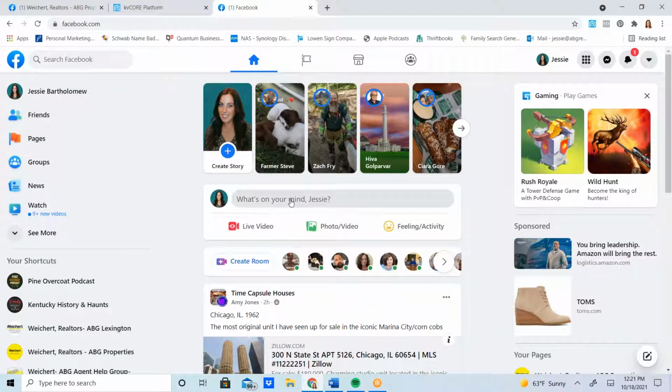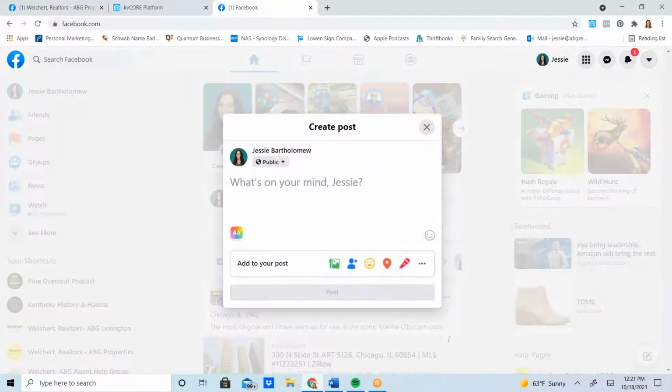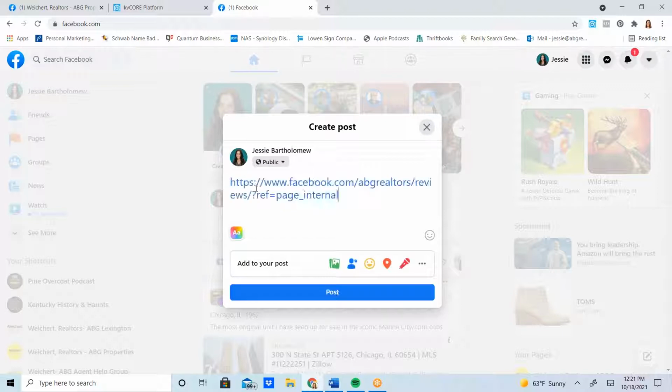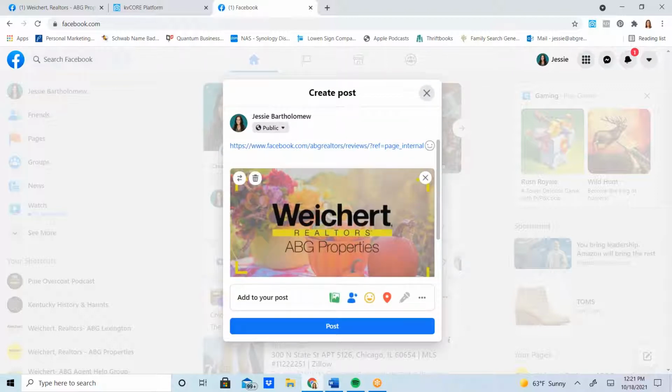What everybody should do, maybe once a quarter or once every 6 months, is create a post on your personal page, which is where you're going to have more connections. Paste that review page and say something like,